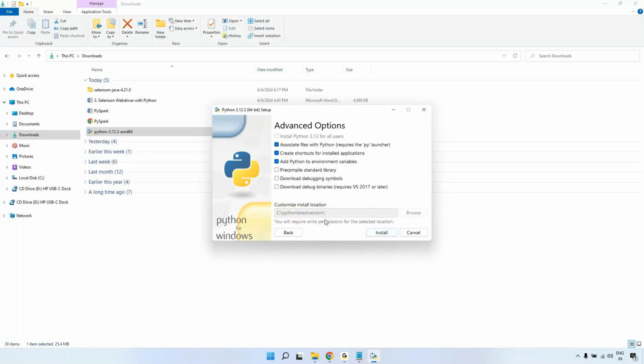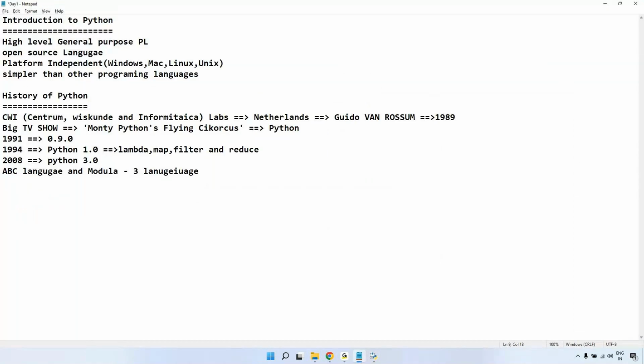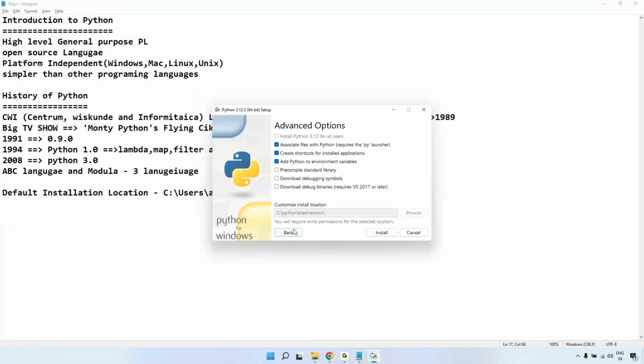This is the location where I am installing this Python. But if you don't specify a location, you will have some custom location. So if you can see, the default location is, this is what I am just mentioning. During installation, if you don't specify the path here, if you want to install this Python in the default location,